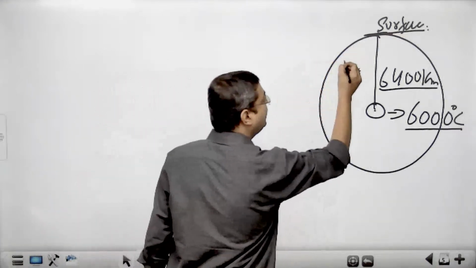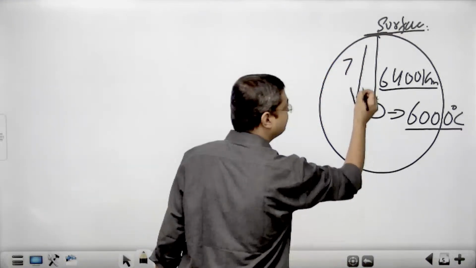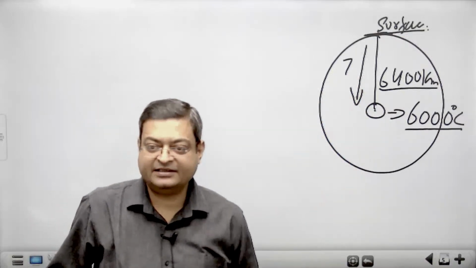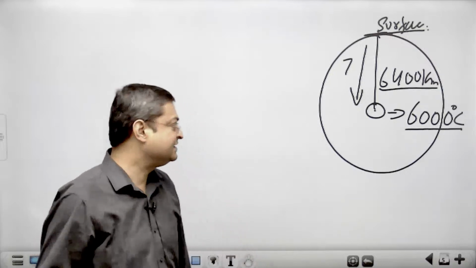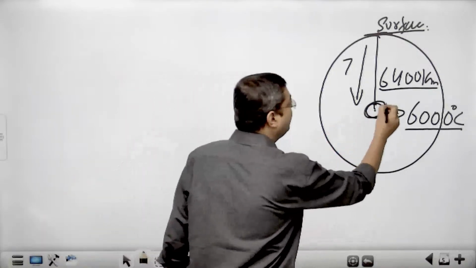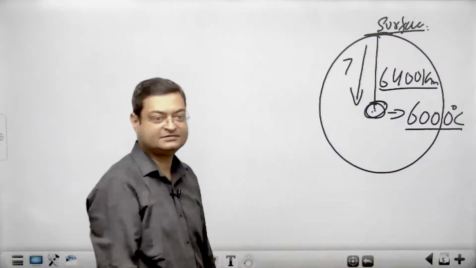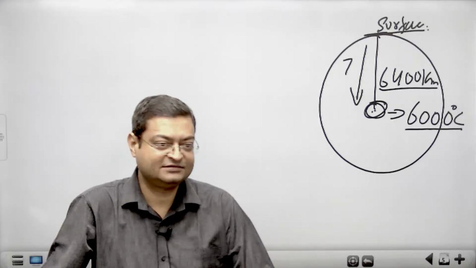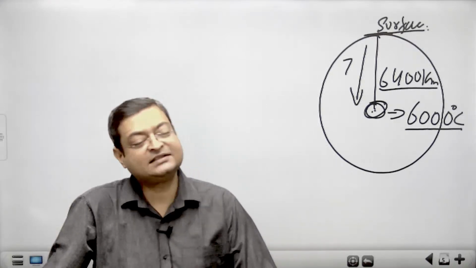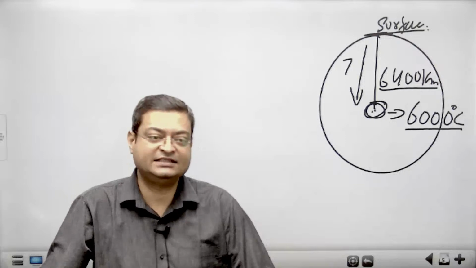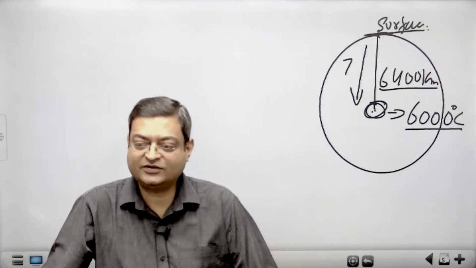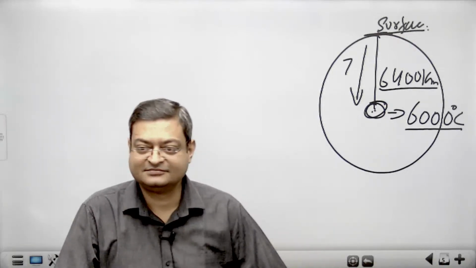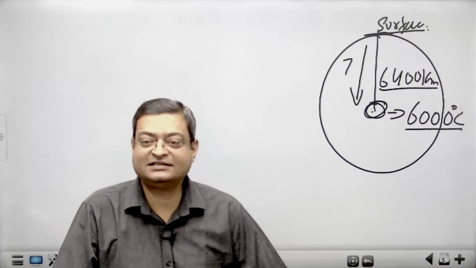First, why is the temperature increasing as we go towards the center of the earth? There must be some phenomenon occurring. Second, why are we unable to face that heat? 6000 degrees is a lot. We cannot survive. So let us discuss the first part. Why is the temperature increasing as we go towards the center of the earth? You have already studied this in GS.